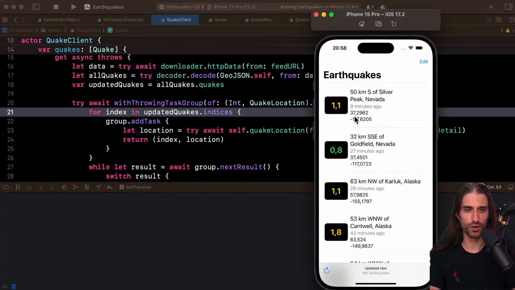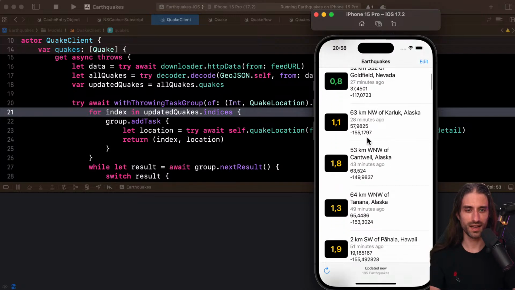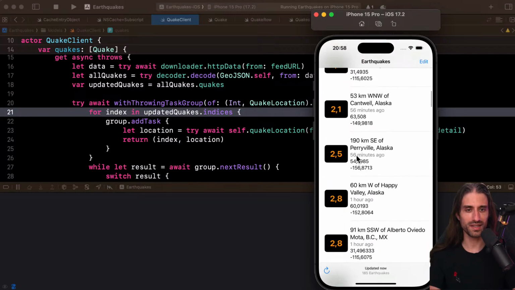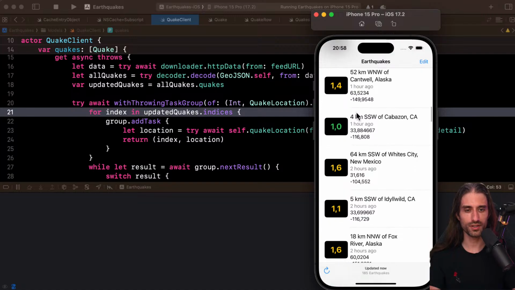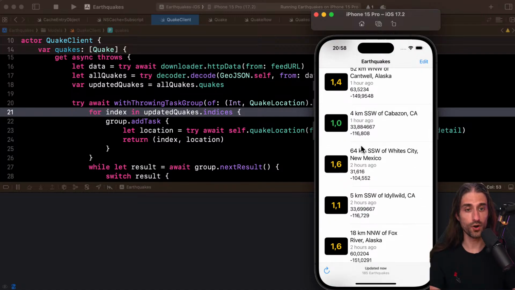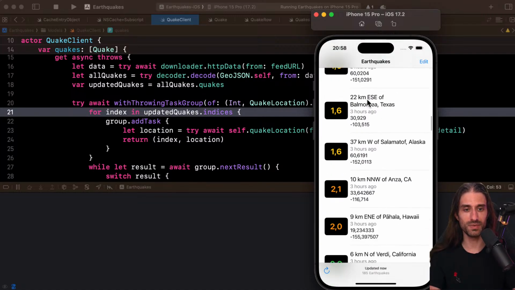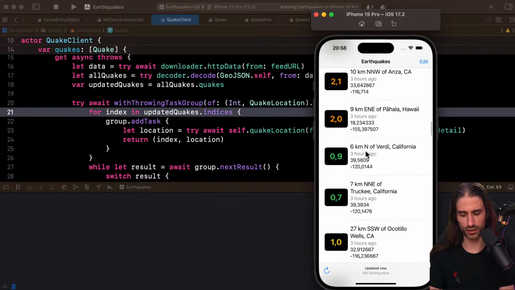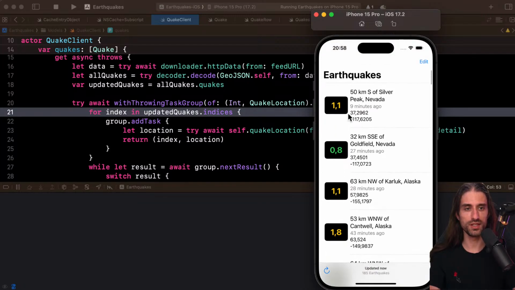So now it takes more time to load, but we can see that we have the data being displayed correctly. All right, so what we've written has worked. At least it has worked in the sense that the data is being displayed. If we wanted to make sure that it's indeed doing its job as a cache, we would need to put breakpoints, or we could just reload, and you can see that when we reload, it goes much faster than last time, and I guess that's because it didn't need to fetch the data again.